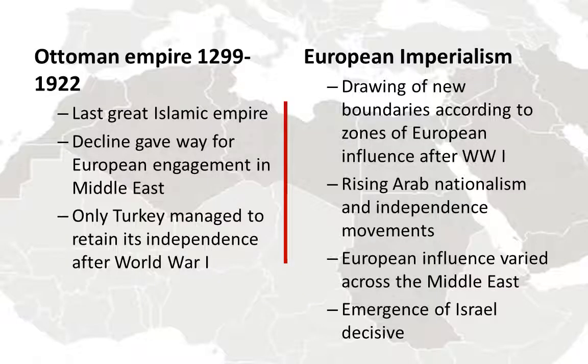So to summarize, the Ottoman Empire really gave way for European engagement in the Middle East, but also already started the differential treatment of different countries that pretty much continues until today. Under European imperialism, that was also very much differentiated. We did see a rise of Arab nationalism with the increased influence of European powers in the Middle East, and